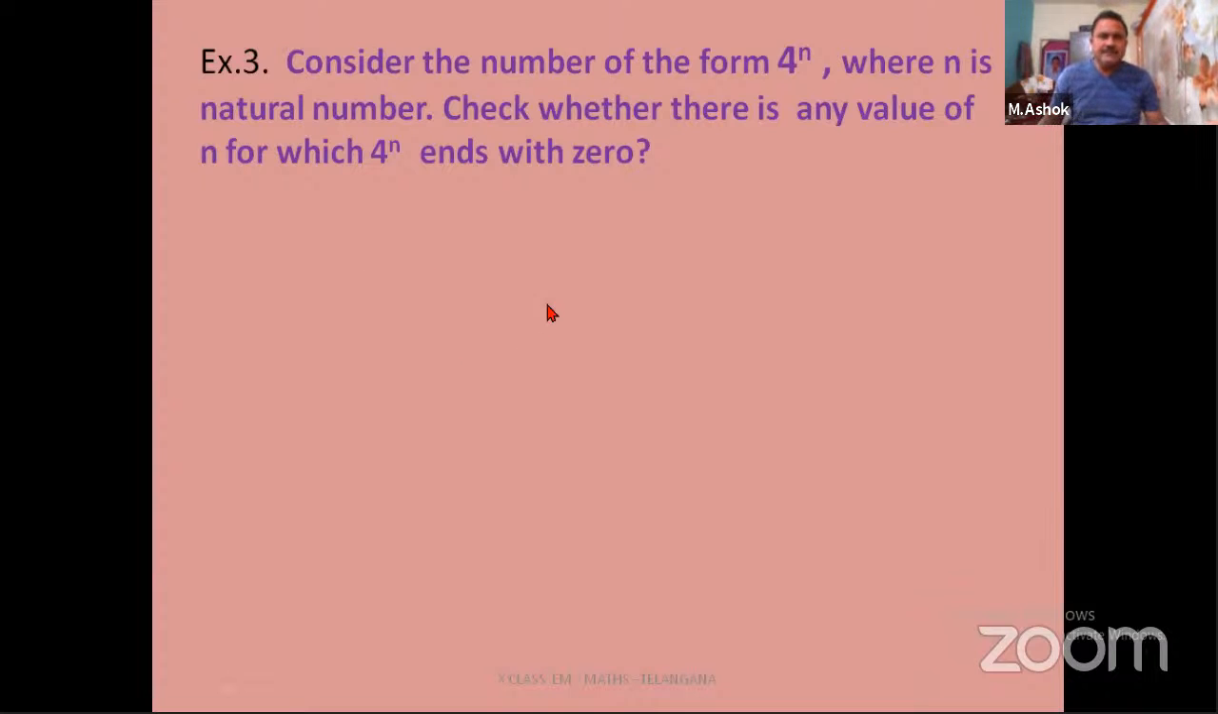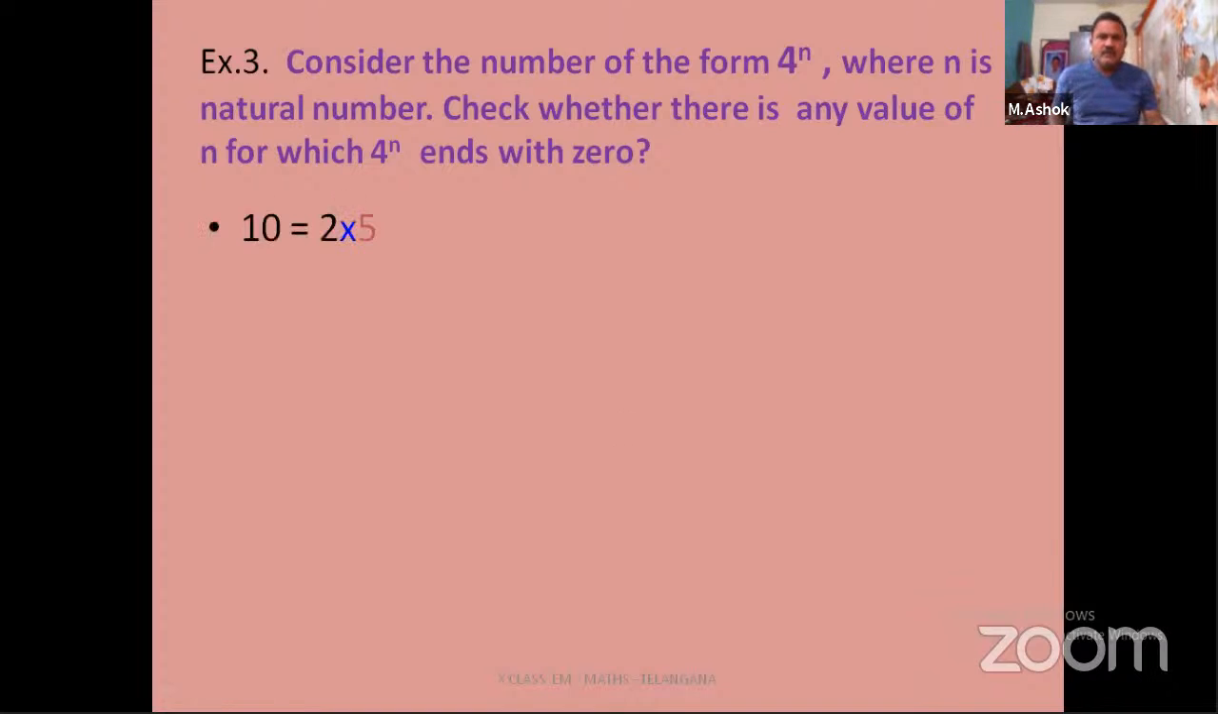Look at example number 3. Consider the number of the form 4 to the power of n, where n is a natural number. Check whether there is any value of n for which 4 power n ends with 0. You have to check whether this ends with 0 for any value of n, where n is a natural number. If you put any value of n, can 4 power n end with 0 or not? We have to